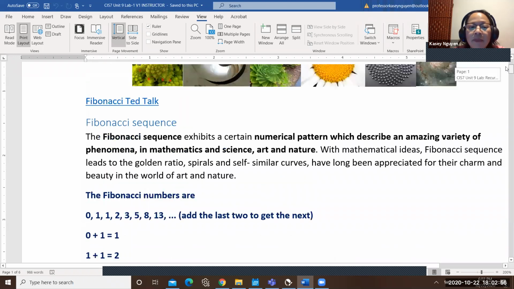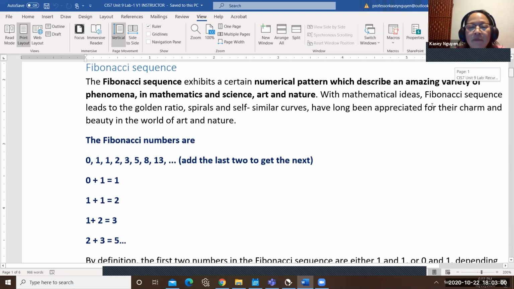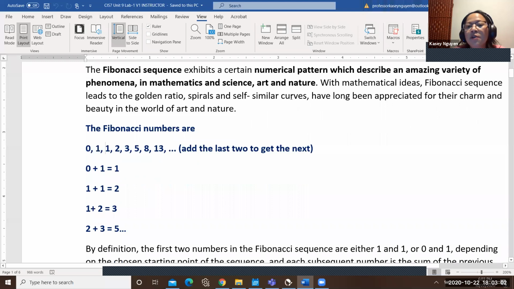On top of the page, I included some TED Talk information, a little bit about Fibonacci. The pattern that we see is really represented in natural phenomena. In mathematics and science, we see that as well as we look at the sequence. We see this in art and nature.